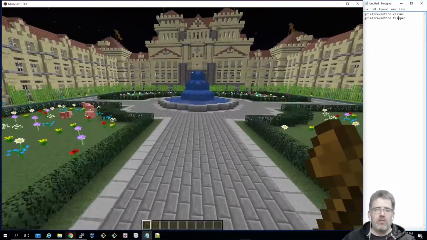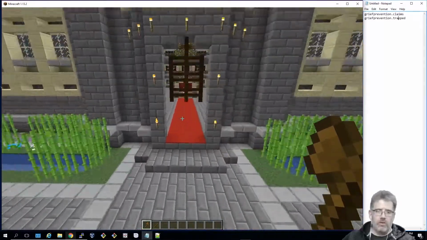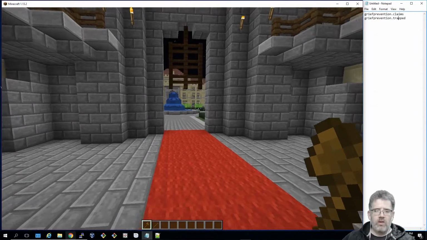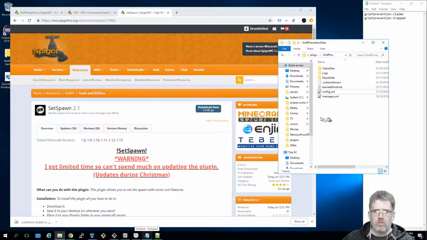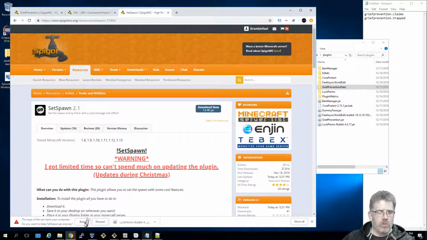We want to make sure that our players start in the main square instead of out in the forest. So we need to have a plugin that is going to determine where they're going to start in the game. And so let's take a look at Spigot and see what we can find. Okay, this looks promising. What we're going to do is go back into our plugins folder. We're going to download this SetSpawn 2.1. As you can see, the version supported is here, 1.13. We're going to hit keep